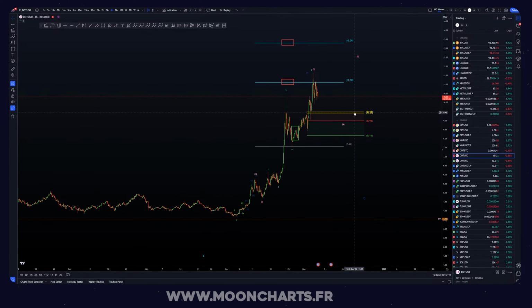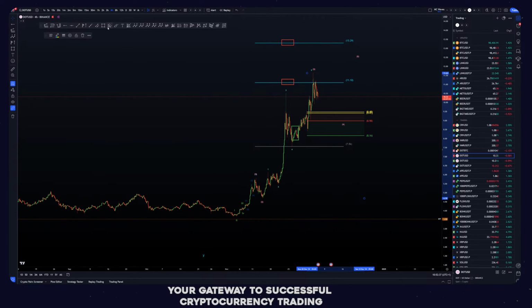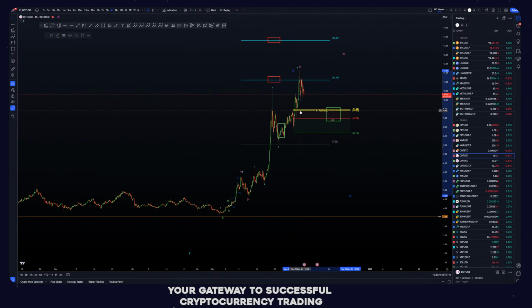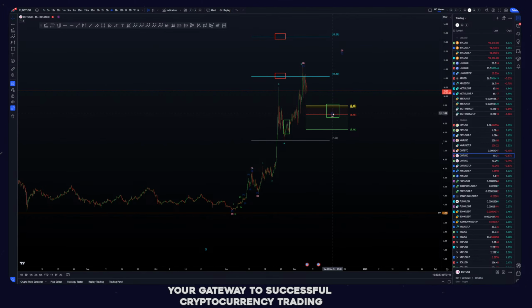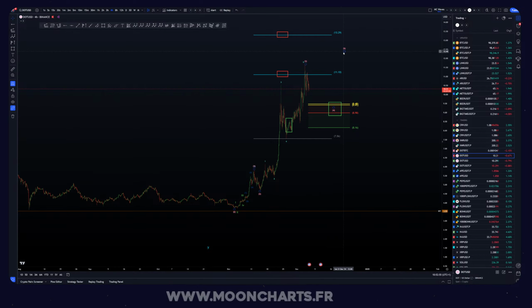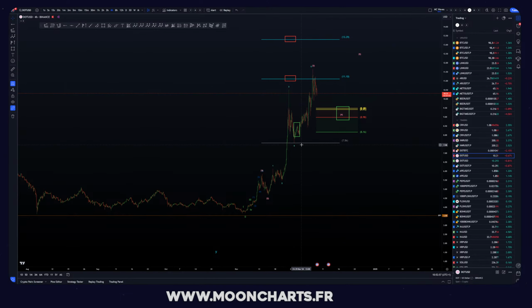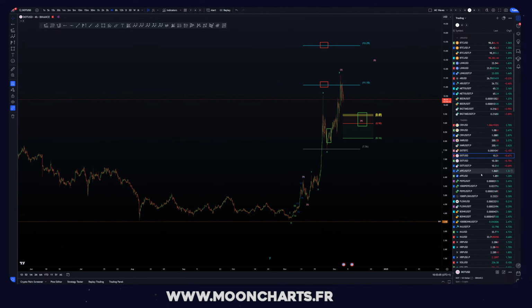So yeah, we can look for this next. More likely this right here. But still be aware of the 50% because we start bringing some bigger wave here. But still fine. Yeah, this is the main target for the moment for the wave 4. Next we shall get the wave 5, unless we continue directly. But if we do retrace from the wave 4, well, this is the wave 4 target. DOT.